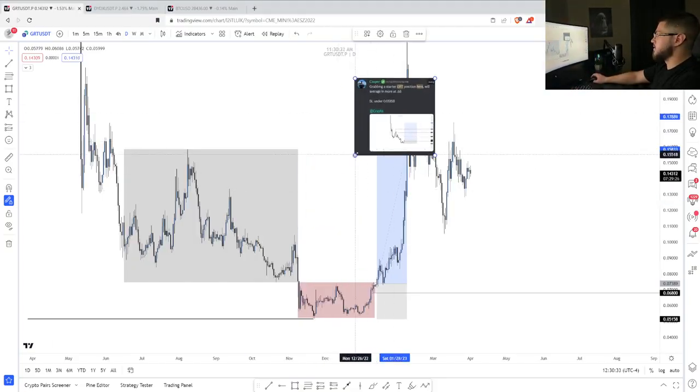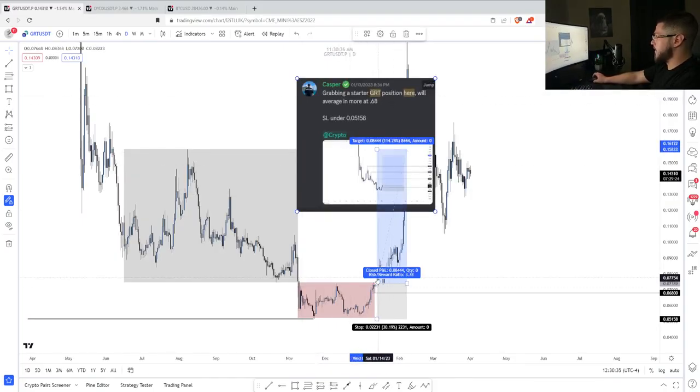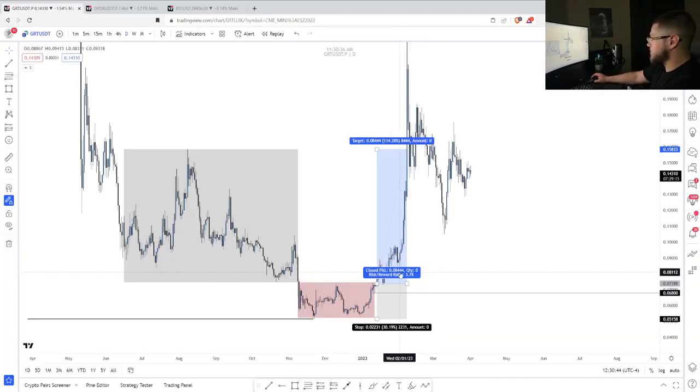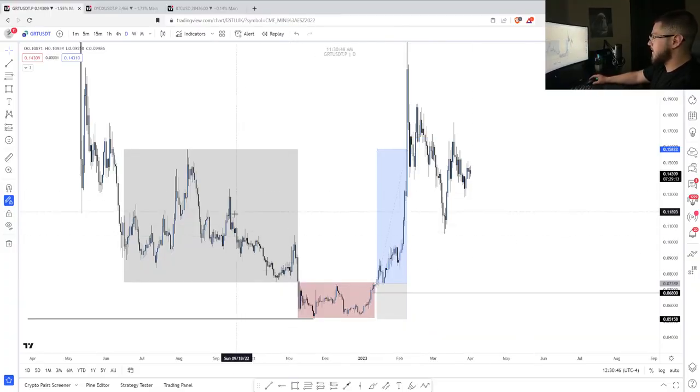Yeah, it was on the 13th, right? So we had the 13th. We're going to average in at those equal lows. Now, literally just to push back into this original range, that's enough for the trade. Now, again, if we have good risk to reward, there you go. We took profits a couple times along the way,